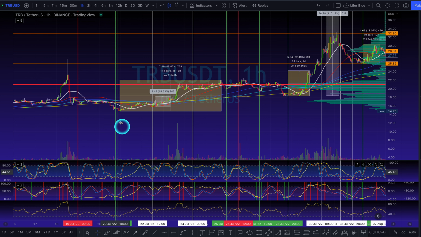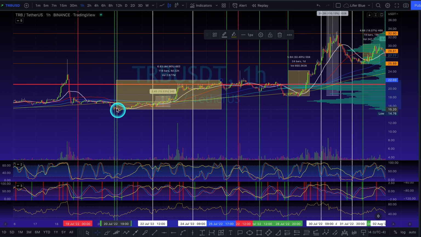Now, if you had entered right there when they joined together on this green line, it's actually right back here, this green line here, you would have made a profit up to here. If you could have gotten out there at the stochastic RSI, you wouldn't have made that much. You would have missed a lot of the move. But if you look at this and you say, well, the regular stochastic is still trending up, and if I would have taken that to where it gets all the way to the oversold region,